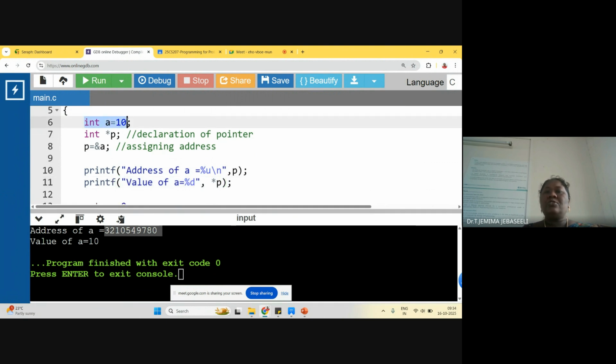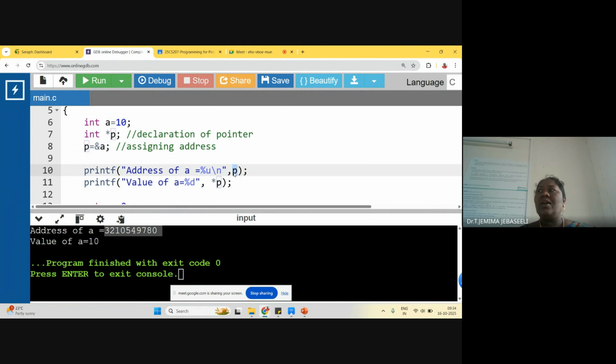When you want to store a value in a pointer variable, you cannot store it like a normal variable. In a pointer variable, you can store only the address. When you store the address, the syntax doesn't contain the star symbol. When you want to print the address, you go with the %u access specifier and print the P variable.